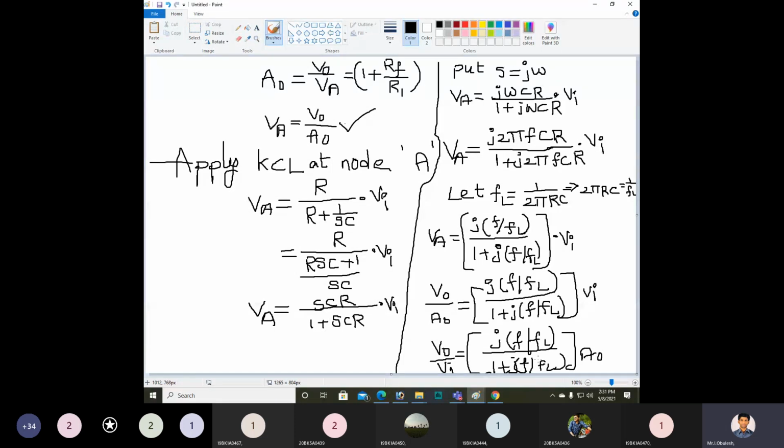Okay, so in this we need to find out the magnitude of the transfer function, which is given by the magnitude of H of j omega. Up to now clear? You don't have any doubt, right? Yes, sir.